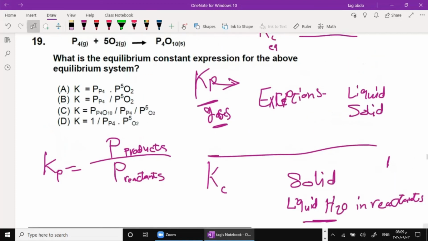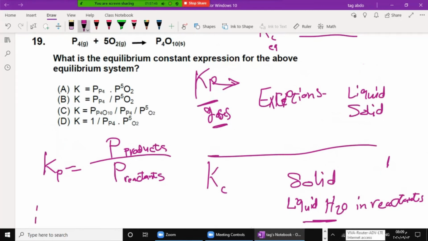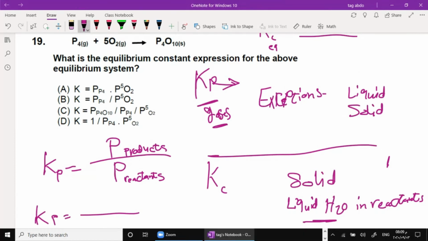So in this case, we have taken the partial pressure of the product, phosphorus pentaoxide. This is a solid substance, and a solid substance has a constant pressure, the pressure of atmospheric air, 1, divided by the partial pressure of